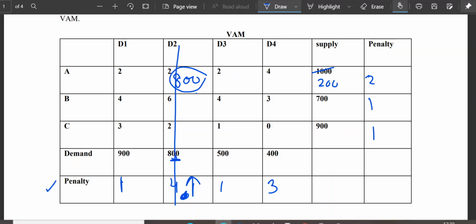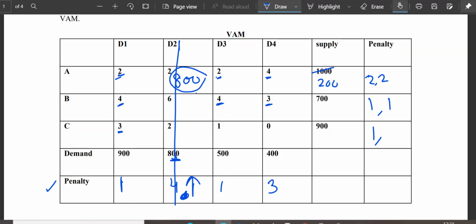Now repeat the procedure. Again calculate the penalty. Since I have vertically cut it, the changes will come parallel, so here the penalties will get changed. Now take the minimum of the cost elements in row A. See, 2, 2 and 4. So the minimum is 2, the next minimum is 4. Take the difference, I get 2. Come to B. I have cost elements 4, 4 and this 3. Take the difference of minimum and next minimum, 3 and 4. 4 minus 3 is 1. Now come to row C.